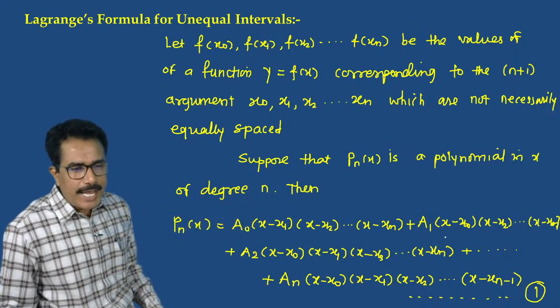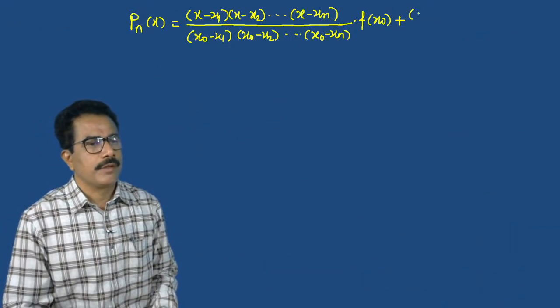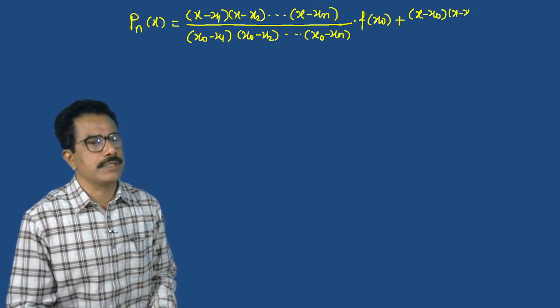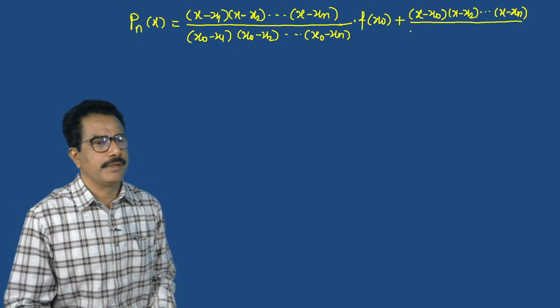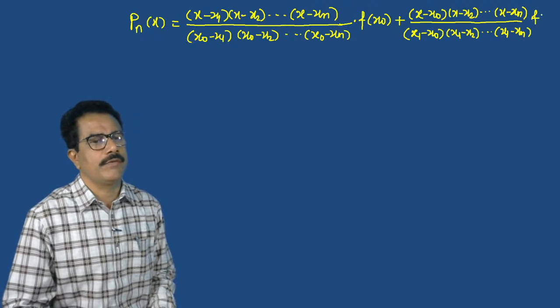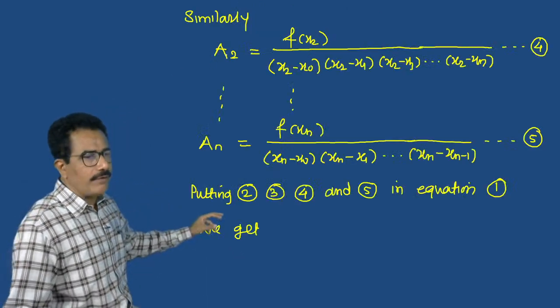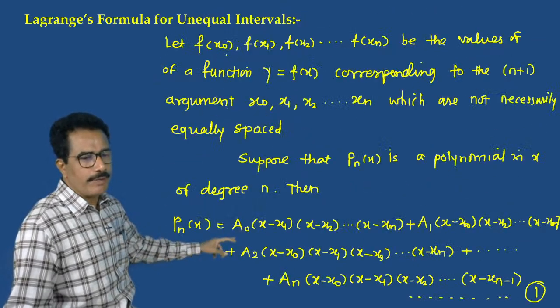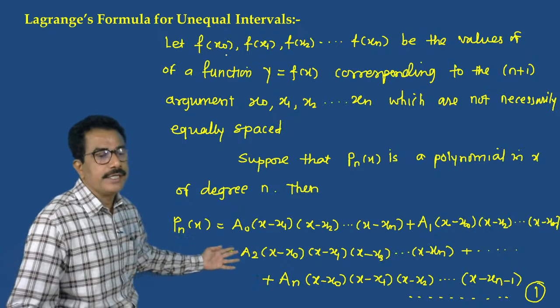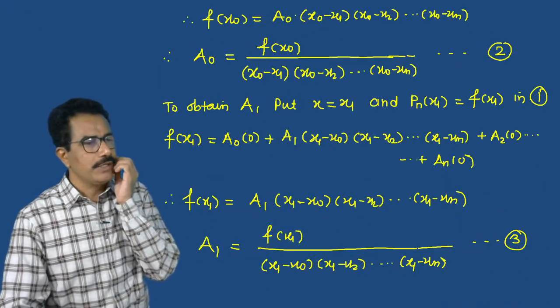व्हॅल्यू ठेवायची आहे, तर न्यूमरेटर हा ॲज इट इज असेल x minus x0 x minus x2, so x minus x0 x minus x2 dot dot dot x minus xn divide by x1 minus x0 x1 minus x2 dot dot dot x1 minus xn f of x1. थर्ड टर्म कशी येते, प्लस if we put the value of a2 ची व्हॅल्यू ठेवा, if we put the value of a2, the numerator is as it is, a2 च्या जागी f of x2 divided by x2 minus x0 x2 minus x1 in this way, so we will get